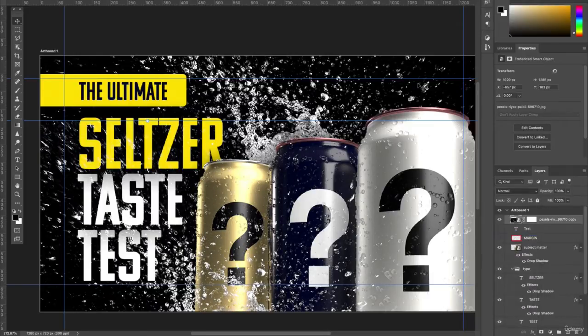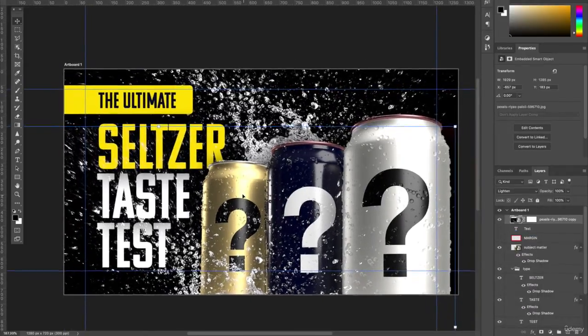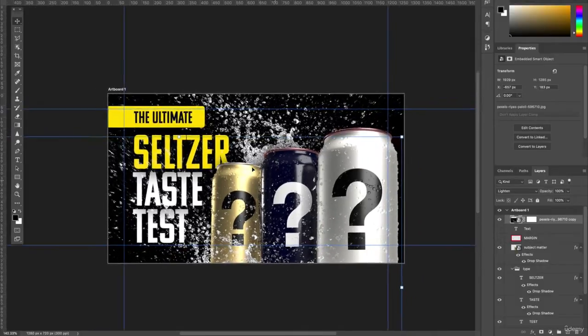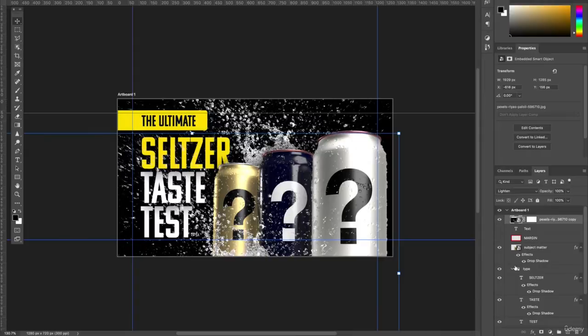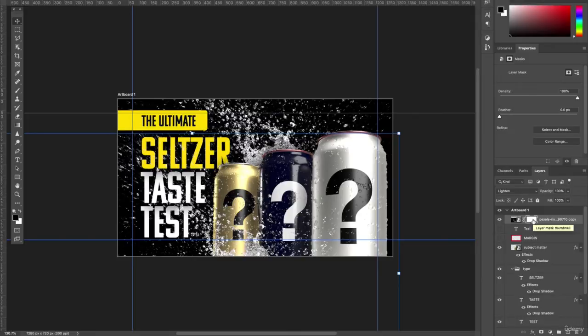So let's do lighten, and we don't want to have too much splashing going on. So we can use a layering mask to delete some of this extra splash and only keep what we want. So let's do that. Let's create a layering mask. It looks like a layering mask is already created from before. So we just click right there and we're able to paint away with black, and let's make it nice and